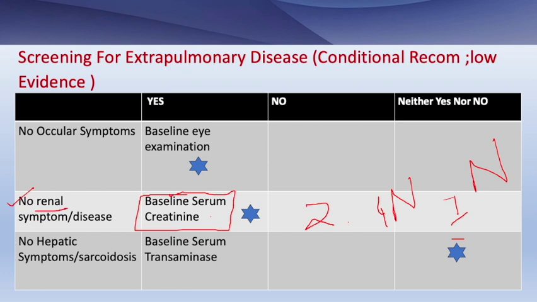So although baseline serum transaminases can be done, alkaline phosphatase can also be added. And it has been seen that, just like kidney, these improve with treatment. They improve with ursodeoxycholic acid. So it may not be really something to be worried about, but it's important to have it known at the baseline. So again, these should be done.